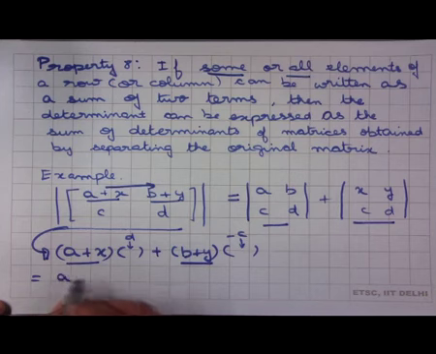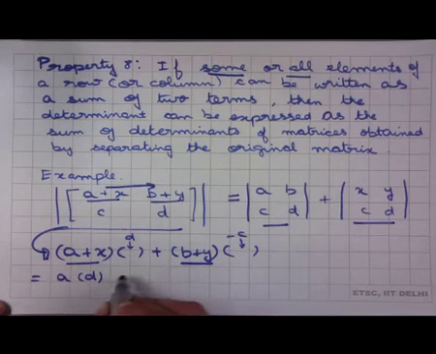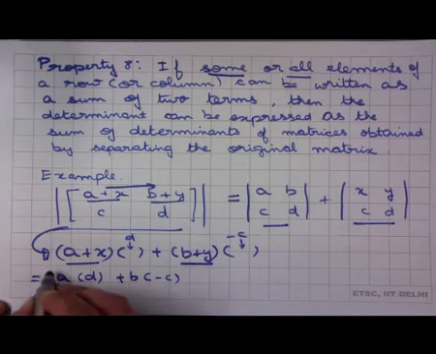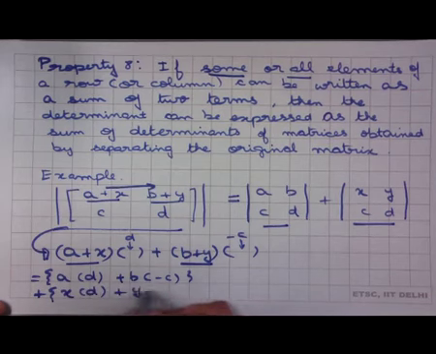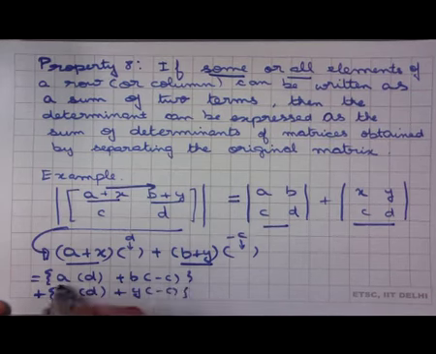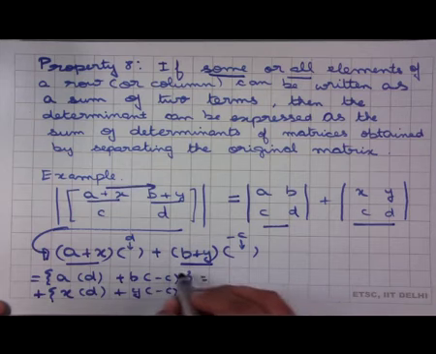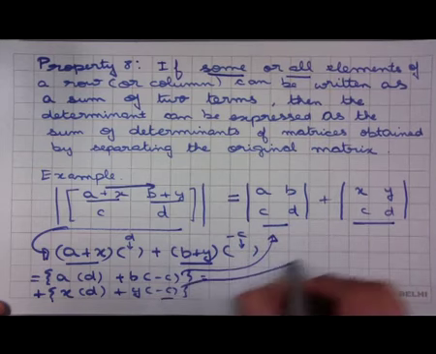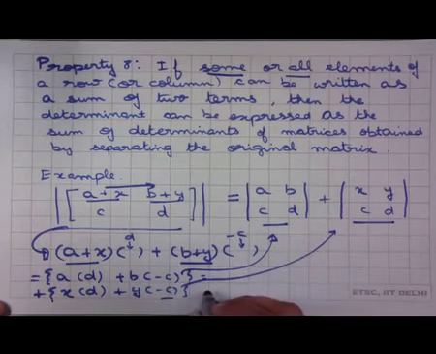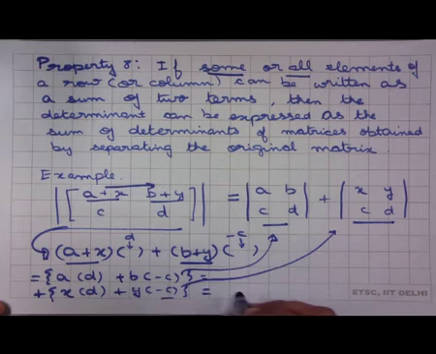So, this can be written as A times D plus B times minus C plus, so this is one set of terms, plus x times D plus y times minus C. Now, if you look at these, the first is nothing but the determinant of this term, and the second is nothing but the determinant of this term. So, this is a sum of two determinants which are